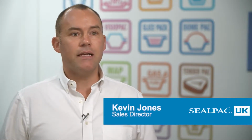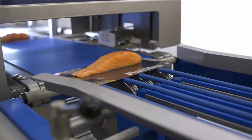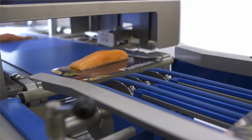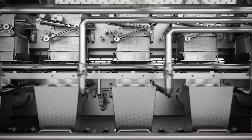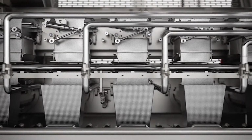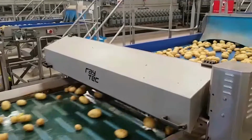Our world-class machinery is complemented by industry-leading packaging, processing and quality control technologies. What this means is that from weighing to inspection, to skewering, we can provide complete line solutions which are designed to optimise your results. We're proud to work with specialist partners including Cabinplant for multi-head weighers, Raytec, who offer lightning-fast visual